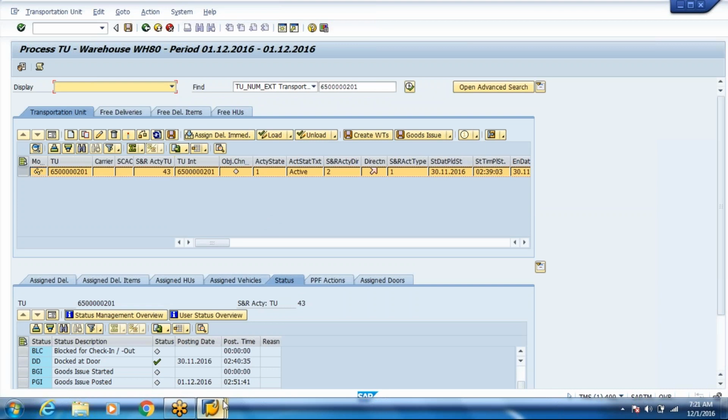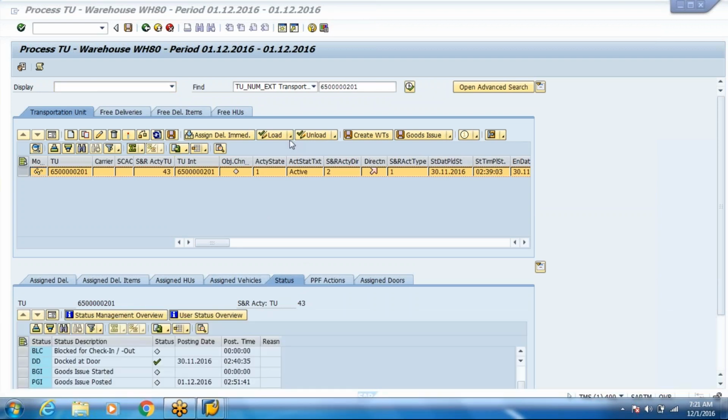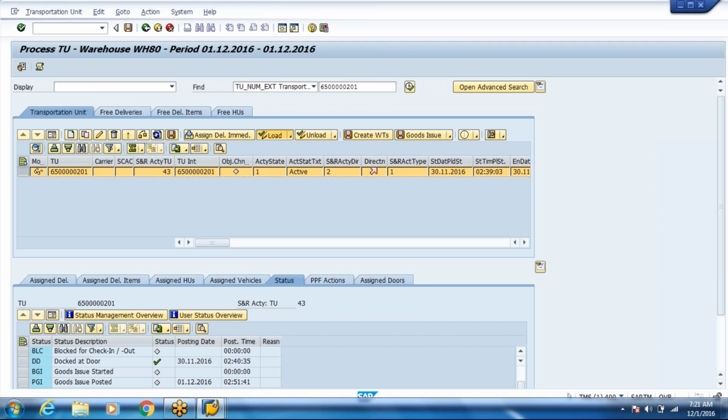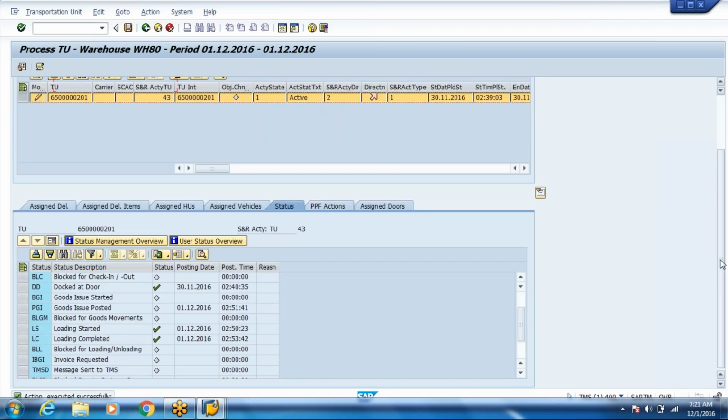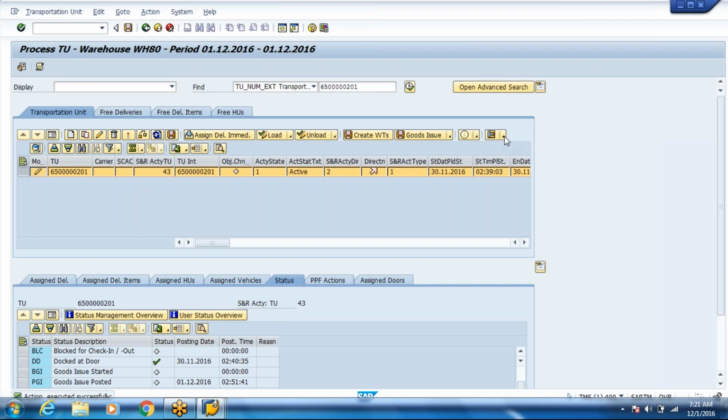Okay, I think what we need to do is, when we completed the loading, we didn't get a message. Generally, we get a message based on the loading that the loading is completed. So, finish loading we need to do here. Generally, we get a message on the RF gun itself that the loading is completed. So, this indicator should be set. So, your loading is started, the task was created, but somehow the